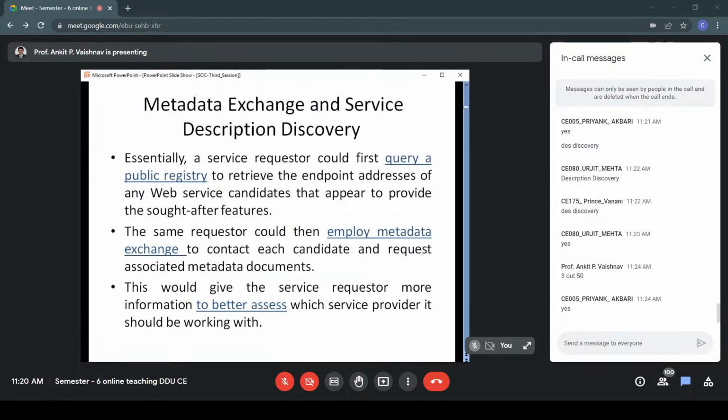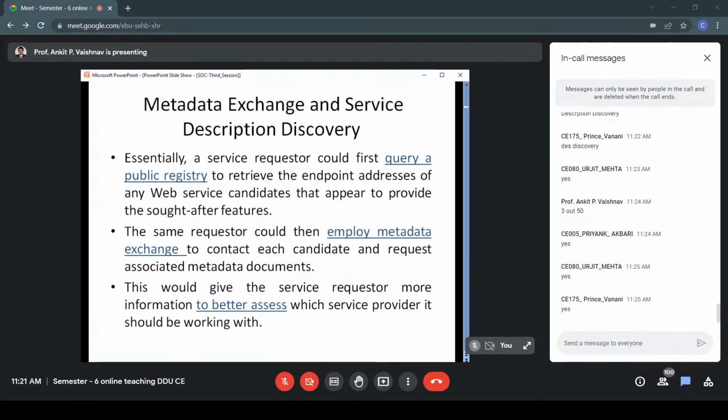You would not be able to decide on only one because sometimes these service interfaces might look similar. So we shortlist 3 or 4, then send a get metadata request message to all 3 of those services. Based on the get metadata response that you get, you will decide 1 out of those 3. Are you getting this process?